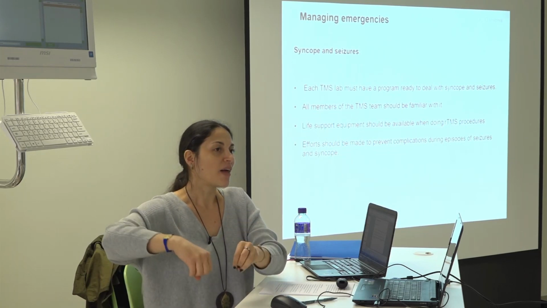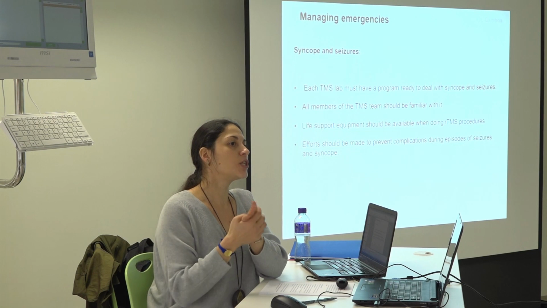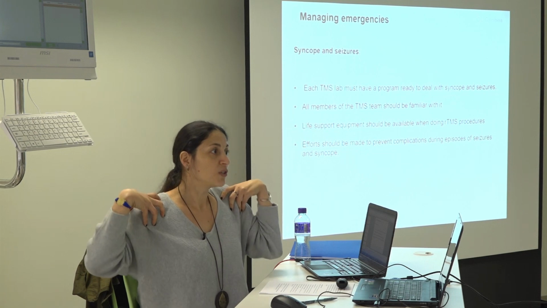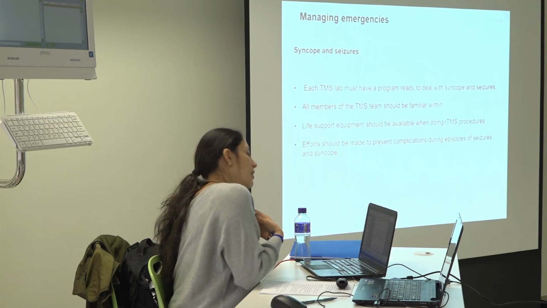But the most important thing is having cables and things on the floor and all this kind of stuff. You need to have a space where this can happen, yeah? When the seizure has passed, you do what your doctor will tell you to do. Each place will probably do it differently. But what is basic is that when a person is having a seizure, you don't want to hold the person. You don't want to leave them where they're going to fall. You don't want to leave things around, so just empty the space, put them in a space, allow them to have the seizure, and it will pass, and then do what you need to do, put them on their side or whatever.